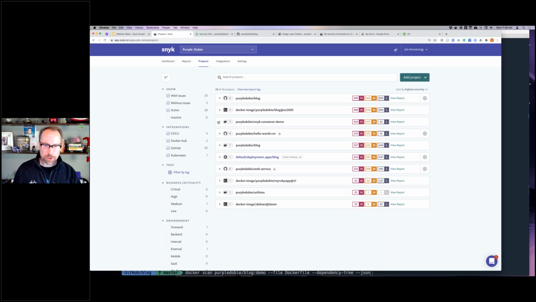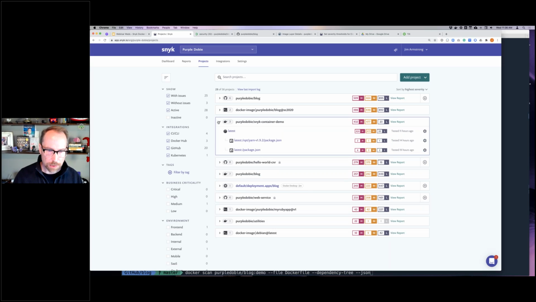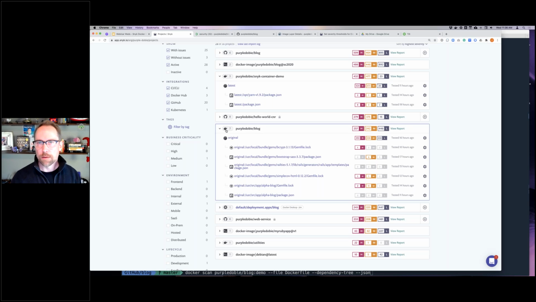And so that's essentially what's here, and it's what we looked at before. When we were looking at this blog image, you see the little Moby icon here. This is actually integrated with Hub. So I have Snyk integrated to talk to Hub and to look at images that are in Hub, and it pulls those results into Snyk